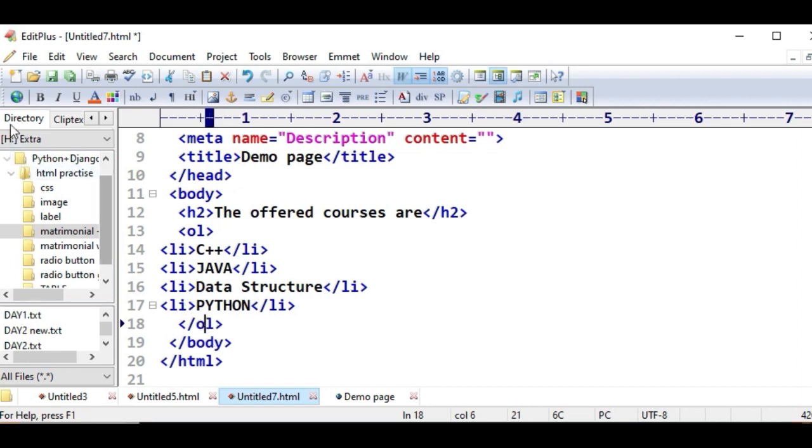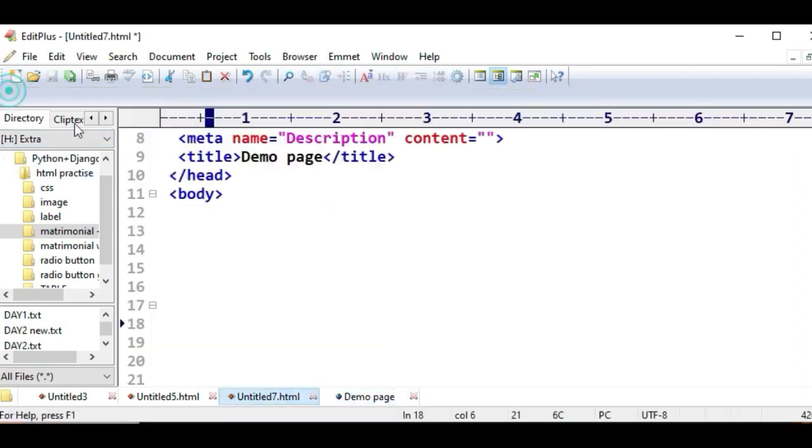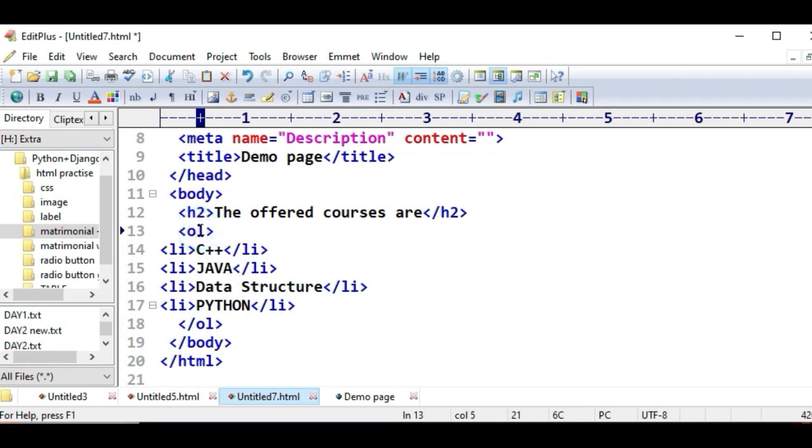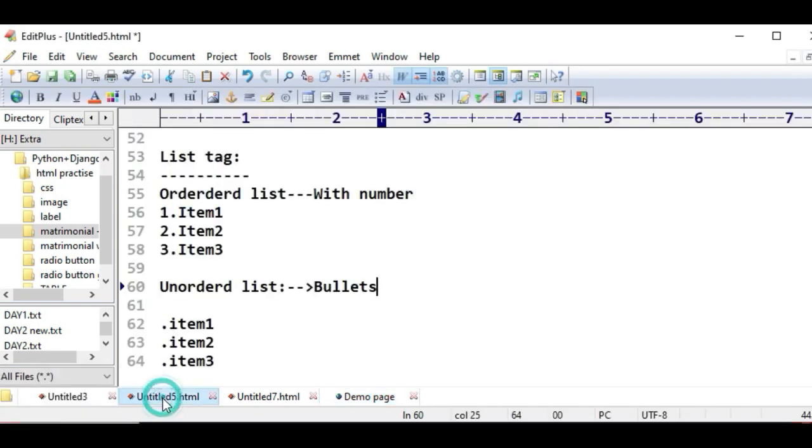When you execute this, you can see here ordered, and when you want unordered, you have to write UL. Okay, this is the unordered. Other than this, this is covered here.